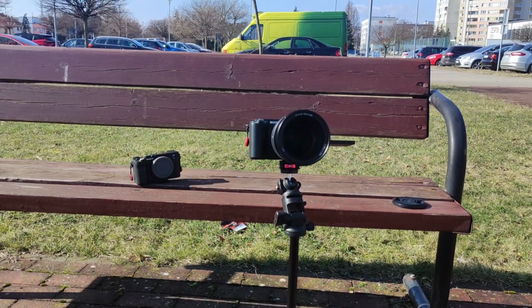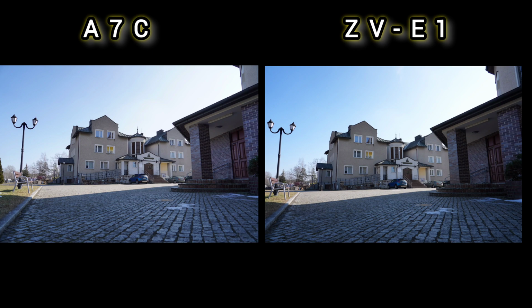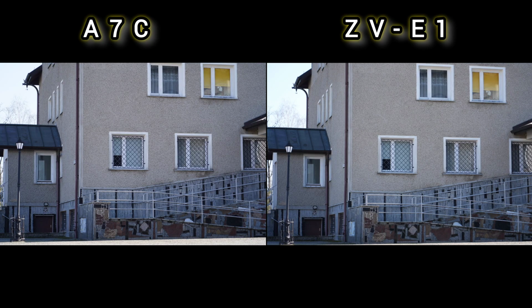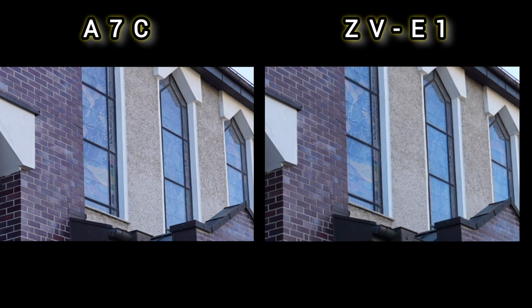I will just switch the camera and lens and take the photos with all the same settings like shutter speed, white balance, ISO, etc. This is the first example, and I will be showing the bigger frame and the smaller frame cropped in about 400, maybe even 500%. Right now, from the beginning, I cannot see the difference in the huge image. When you are taking a first look at the photo, you are not able to see the difference, but when we are cropped in around 400-500%, like here, we can see the difference